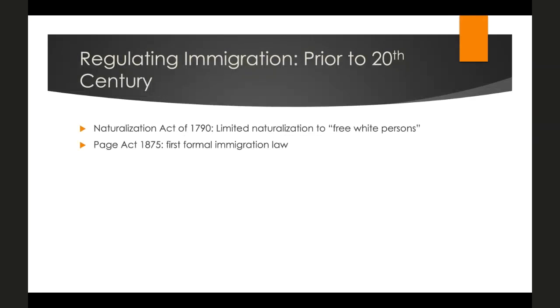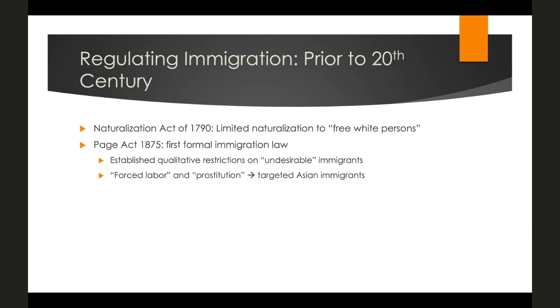It included specific prohibitions about forced labor, with the idea that it would crack down on Asian immigrants who were deemed to be brought here without their consent, and in an attempt to lower the amount of cheap Chinese labor in the Western United States. And specific targets against prostitution led to a de facto exclusion of Chinese women. This is also where we begin the sexual policing of immigration, which continues to this day.